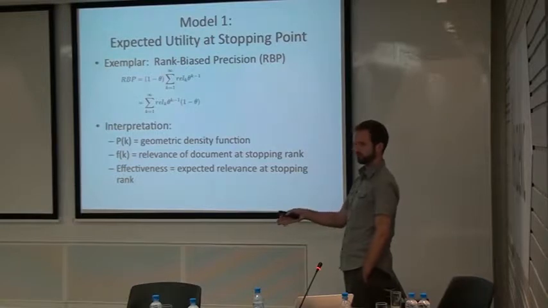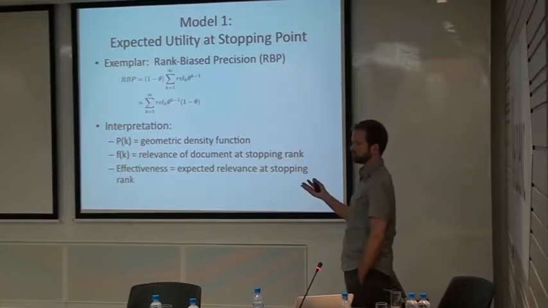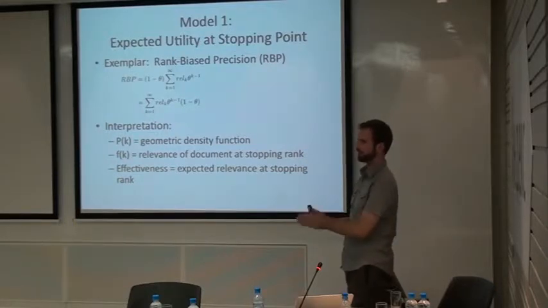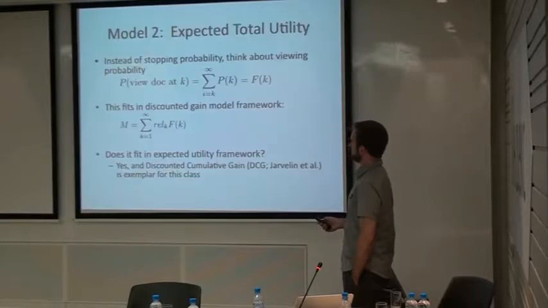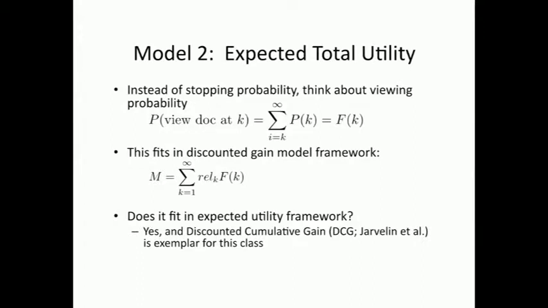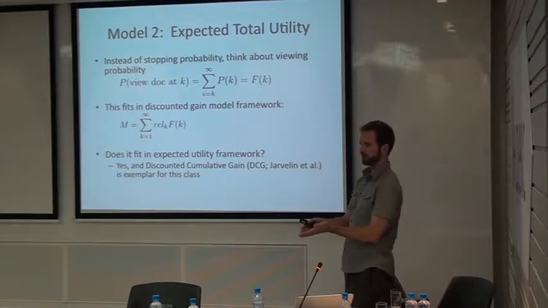So basically, in this framework, you have this expectation, and the components of this expectation are the stopping rank probability distribution, P of K, a document utility model, which says how much utility you gain from a relevant document versus maybe a graded relevance, stuff like that. And the third component is the utility accumulation model, which is the F of K, or the cost model, F of K. In this work, I'm going to stick to binary relevance, so I'm not going to talk about graded judgments. Graded judgments is a future direction for this.